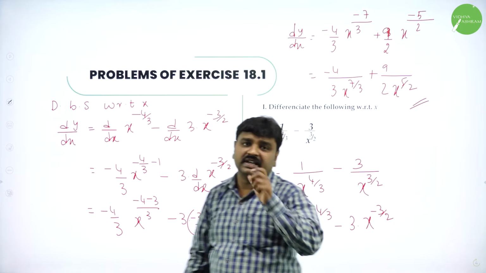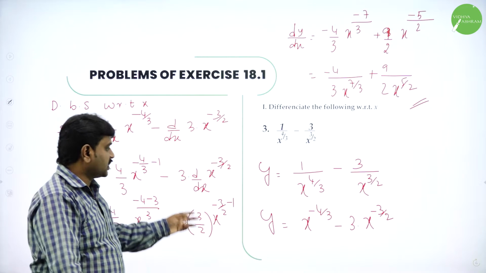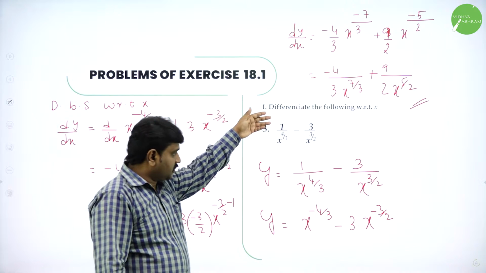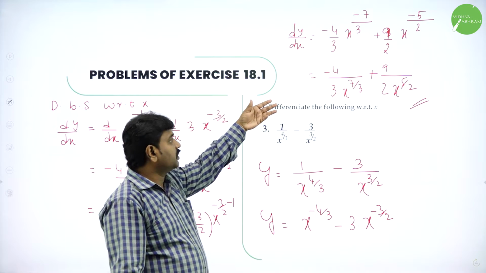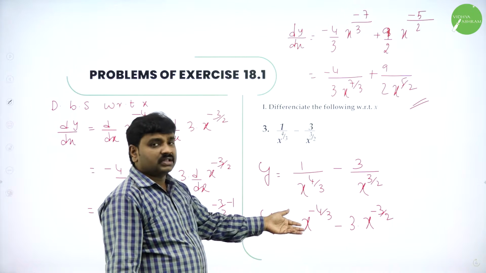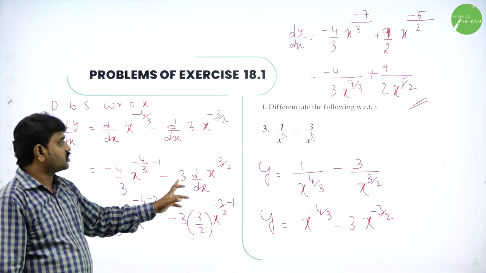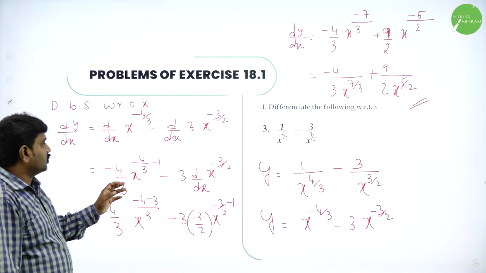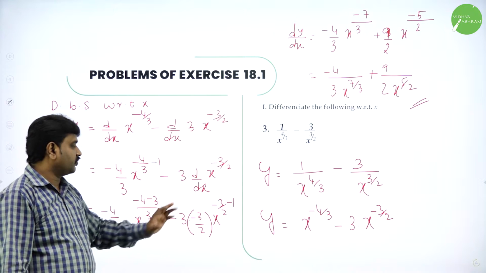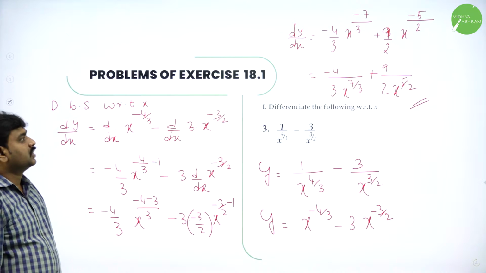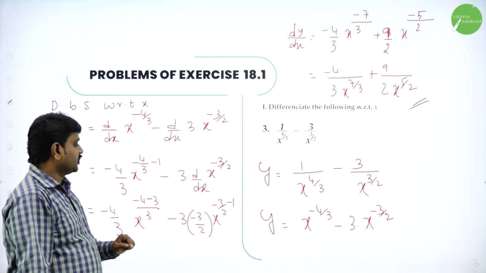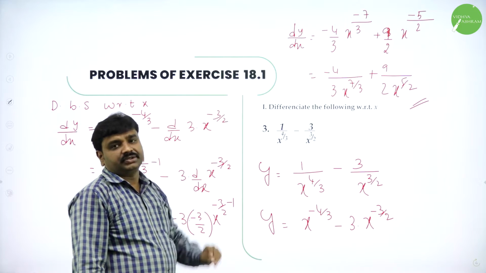Dy by dx. So problem was not in standard form, it was 1 by x power n form. So take it up, it will become x power minus n, then it is in the form x power n. So n into x power n minus 1, here also n into x power n minus 1. So we'll get this form and this is the answer. Taking LCM, do it carefully, here also we'll get the answer.